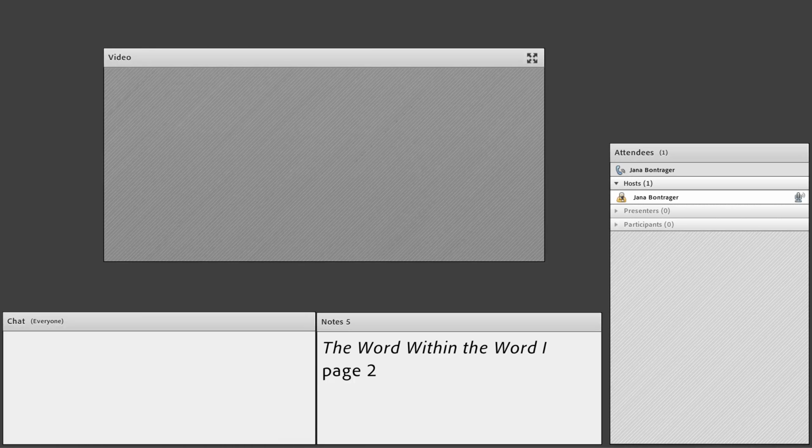Your textbook looks like this. Let me see if I can get it in the webcam here. Yeah, it's the Word Within the Word text. It's the thickest textbook that we have. And you are going to be turning with me to page 2 because we're looking at the very first page, and it's got the list of vocabulary stems right here, and then their definitions, and then some examples of some words. We're looking at the first week's words because we need to start off on the right foot with studying